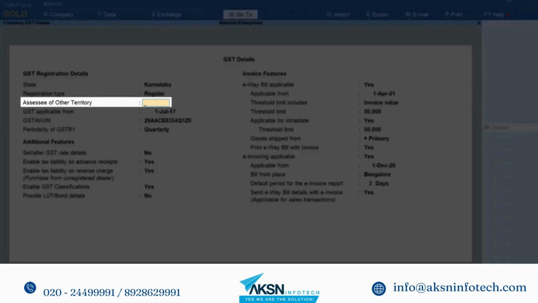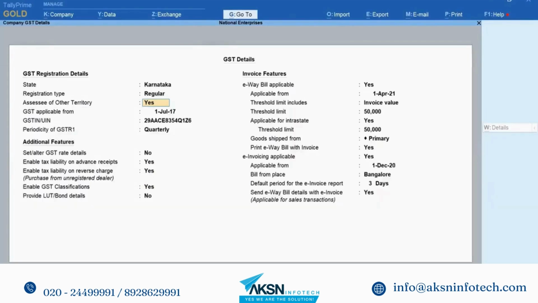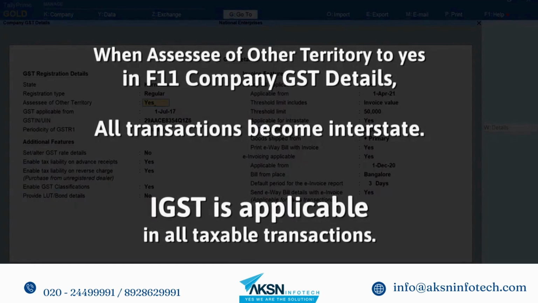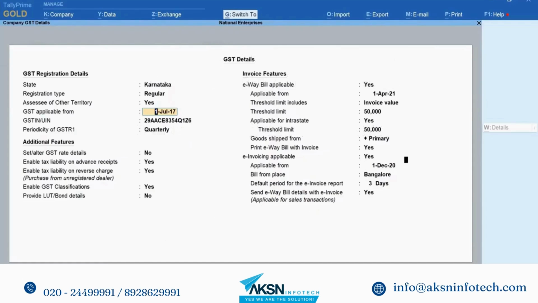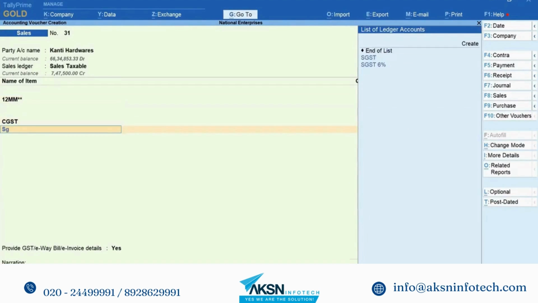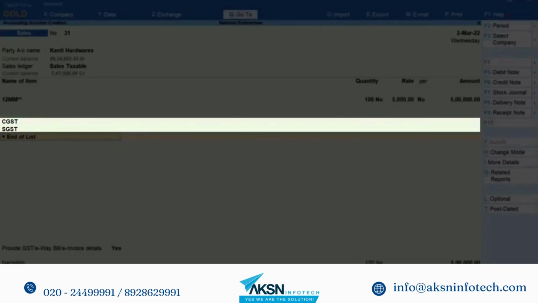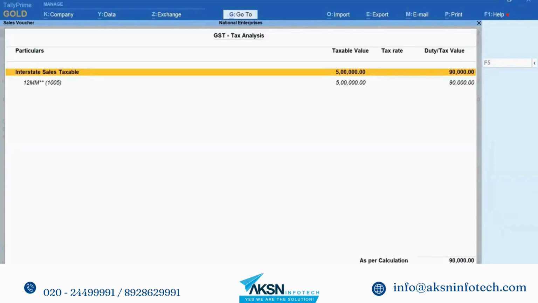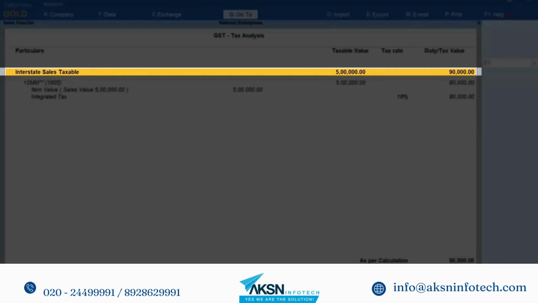जब आप F11 कंपनी जीएसटी डिटेल्स में सप्लाई ऑफ अदर टेरिटरी विकल्प को यस सेट करते हैं तो सारे वाउचर्स डिफॉल्ट रूप से इंटरस्टेट माने जाते हैं और हर टैक्सेबल वाउचर में आईजीएसटी लागू होता है। परंतु यदि आप ऐसी कंपनी में वाउचर बनाते समय सीजीएसटी और एसजीएसटी टैक्स लेजर्स चुनते हैं तो टैली प्राइम टैक्स कैलकुलेट नहीं करता, और जब आप जीएसटी टैक्स एनालिसिस में जाते हैं तो आप देखते हैं कि टैक्स इंटरस्टेट सेल्स के लिए कैलकुलेट हुआ है क्योंकि आपने सीजीएसटी और एसजीएसटी लेजर चुने थे। वाउचर पर टैक्स लागू नहीं हो पाया।